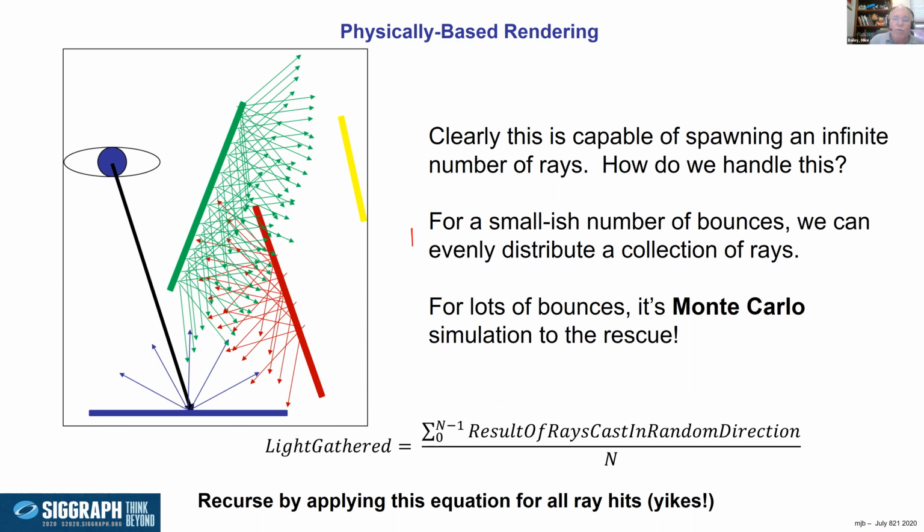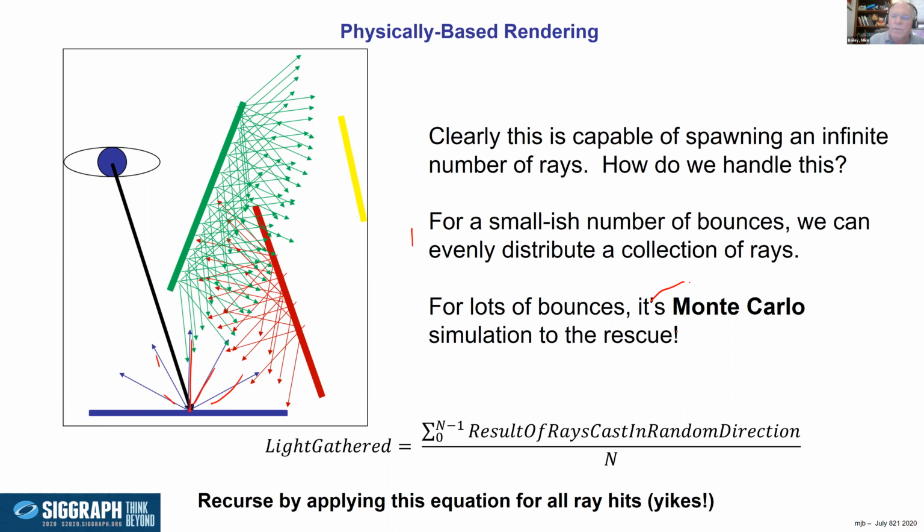Now you can see the big problem right away, right? If I hit here and I put out a bunch of rays coming back off the blue surface, and then each one of those rays that hits the red surface itself spawns off a whole bunch more. And then each one of those that hits the green surface spawns off a whole bunch more. You've got like an N to the M problem. By the time you're looking to see what hits the light source, you've got gazillions of rays. And so these kinds of techniques